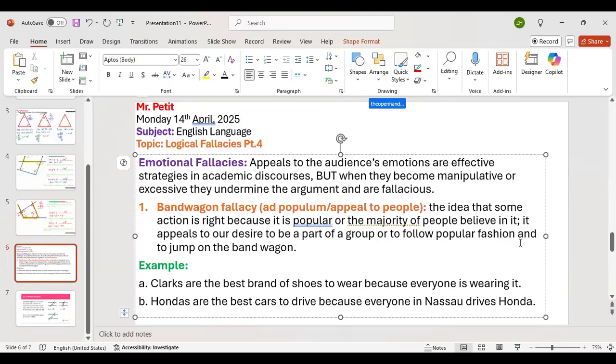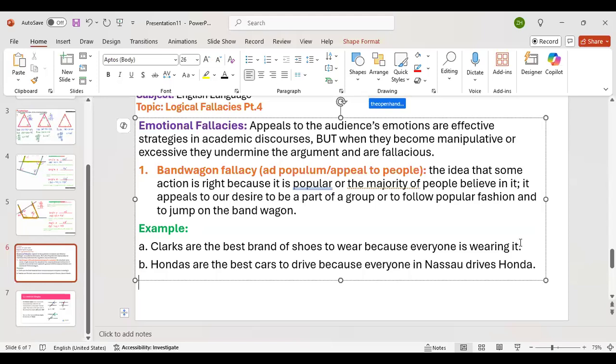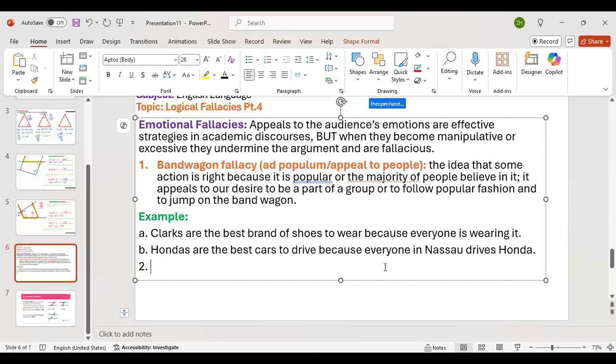It's a bandwagon fallacy, because you're saying that you should do it, or this thing is good, because everyone is doing it. That doesn't make sense. You should vote F&M because everyone in your family is voting F&M, or you should vote PLP because everyone in your family is voting PLP. No, you don't do that. Even though PLP is the best party, we're not going to talk about that tonight. Sounds a little hypocritical. I was just joking. So that's what we mean by bandwagon fallacy.